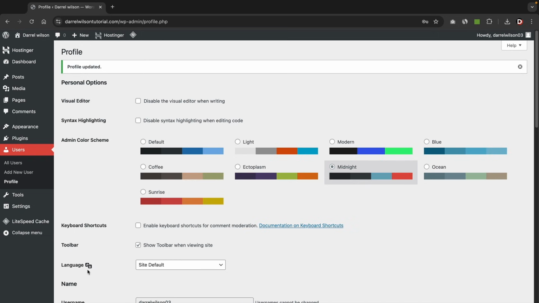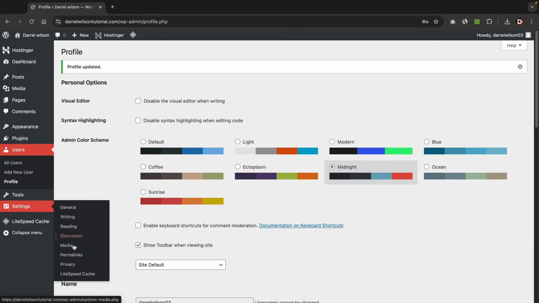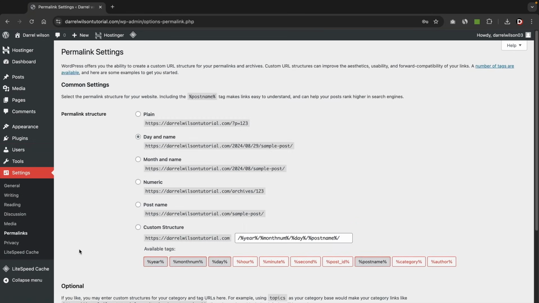Okay, now the very last option is here under Settings. Let's click on Permalinks. You're gonna change your permalink structure to post name. This is important because most websites have the format of